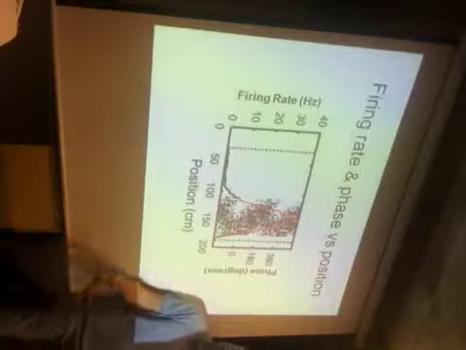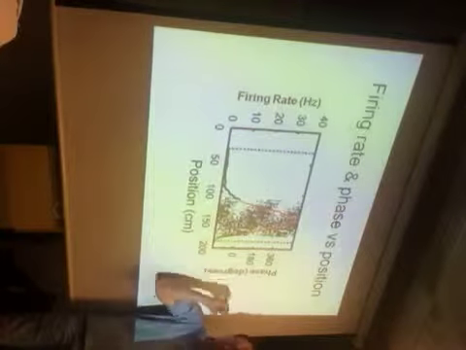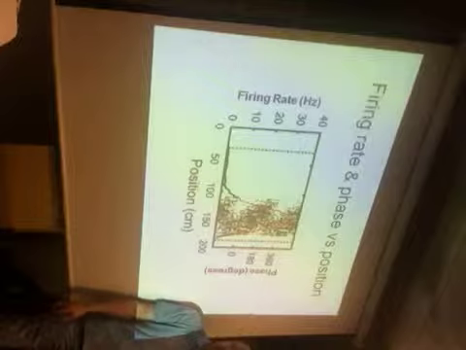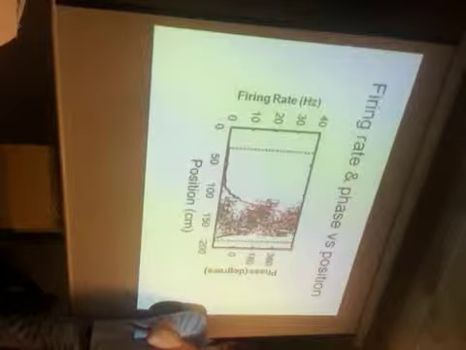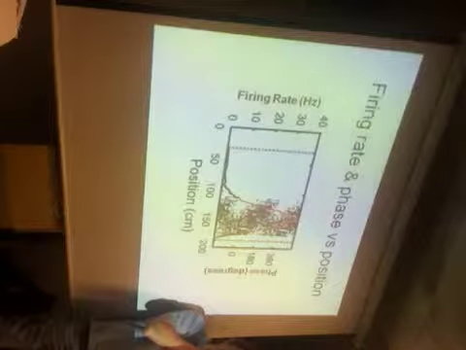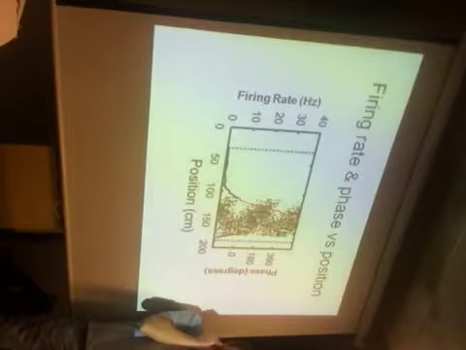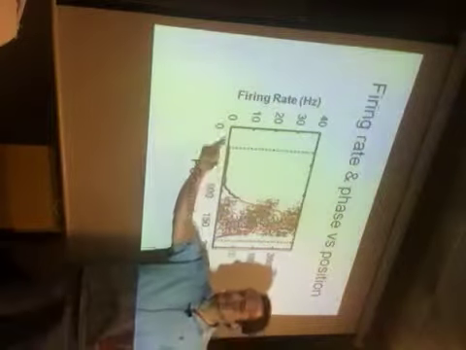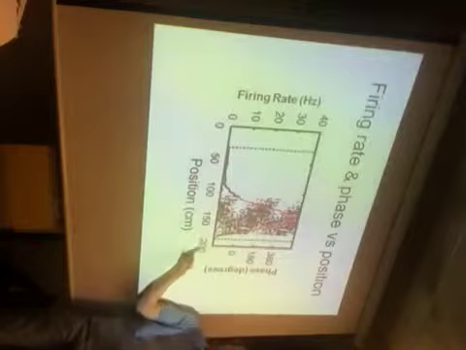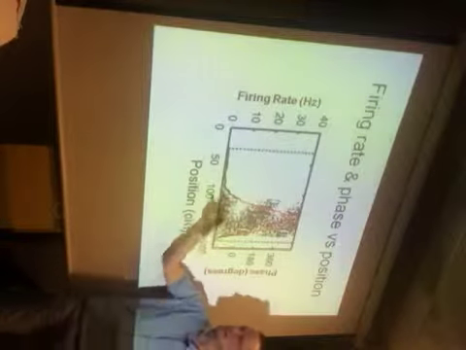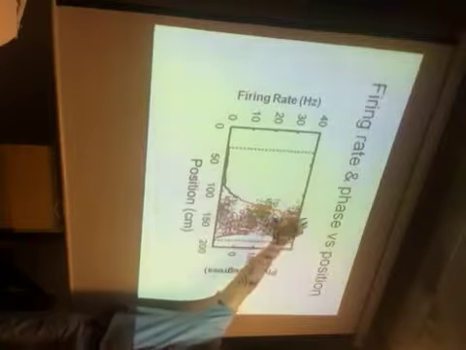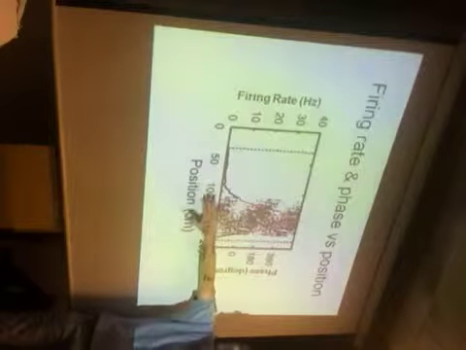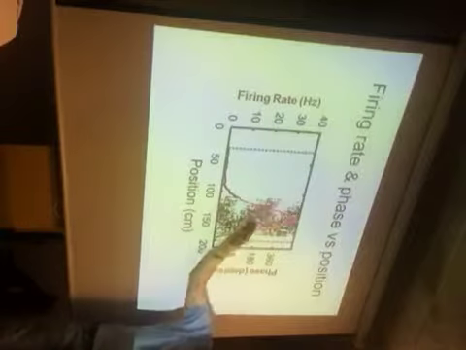Real place cell, and this is how it looks when scientists plot it in real data in their experiments. When I post this PDF file, there will be pictures of this that you can look at for yourself. Essentially, the x-axis is position of the rat on the track. The left y-axis is the firing rate of the place cell, which goes up here in the place field, the area where the cell likes to fire. The spikes of the place cell